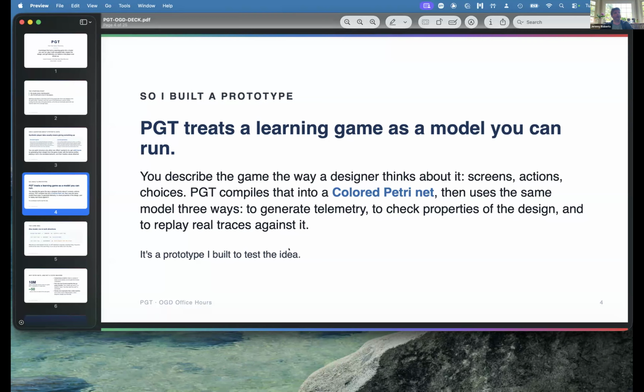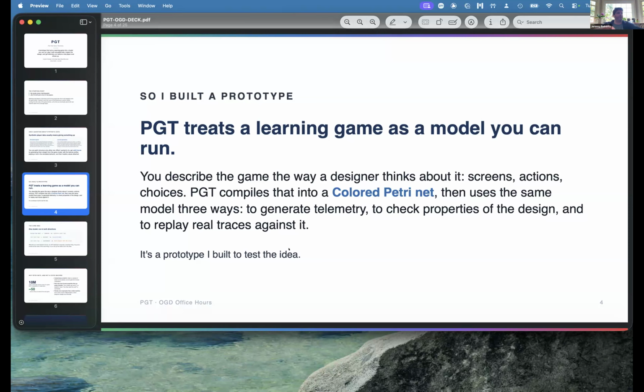Looking at some of the options I had available to model game spaces, state spaces, transition spaces, all that kind of stuff, I ultimately arrived at colored PetriNets for some of the statistical properties that they have. But as a game designer, or with the people I typically work with on a game production effort, they don't know what colored PetriNets are. They don't understand the tokens or all of that statistical and mathematical terminology, and even the visual representation wasn't going to be useful to them. So there was probably a different representation I needed to contemplate as well.